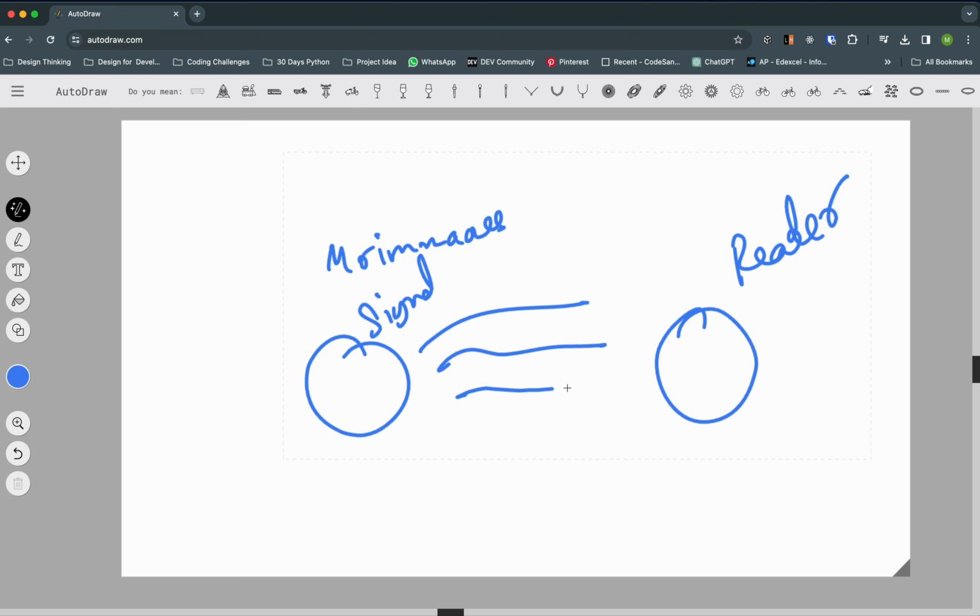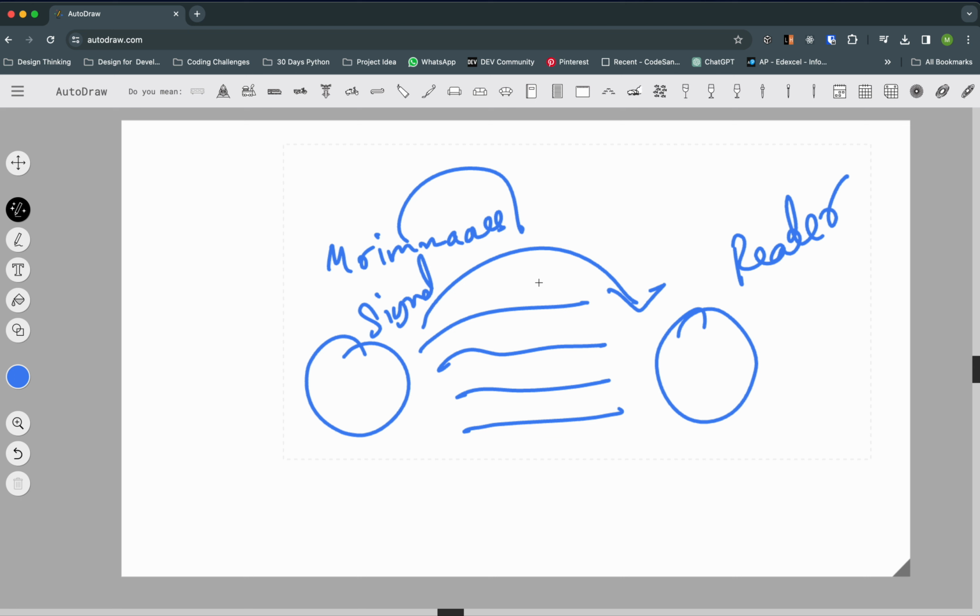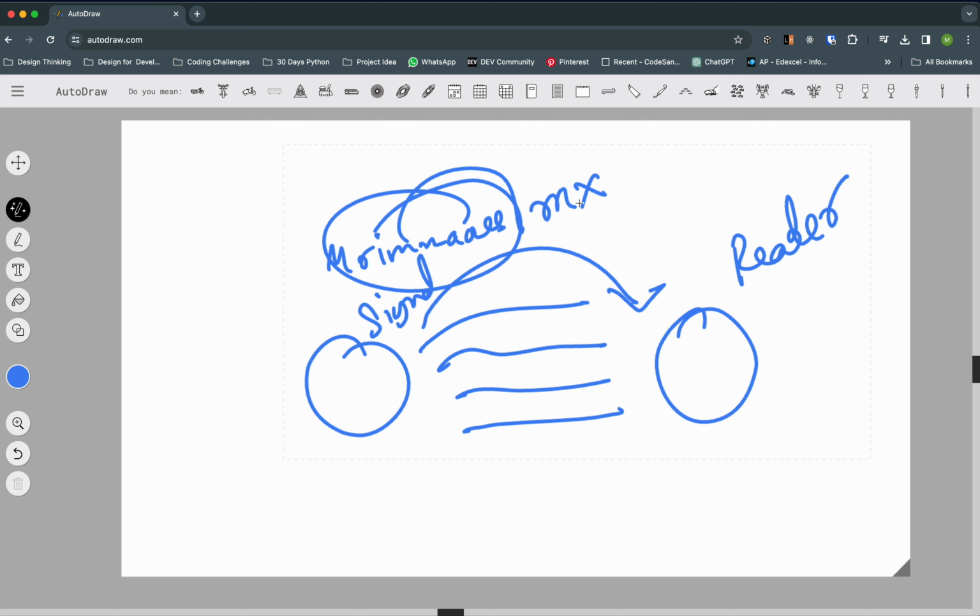When I'm sending my name from here to there, it will encrypt this data. How the encryption works, like my name, it will put X inside 3. In this way